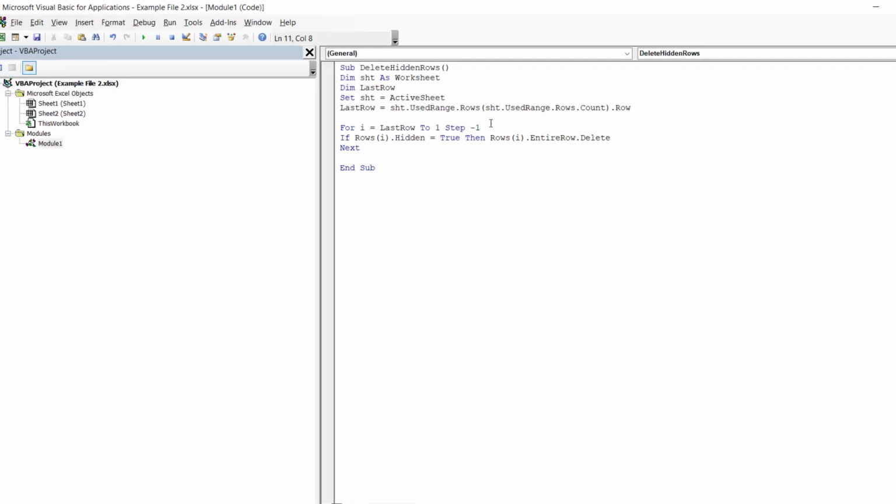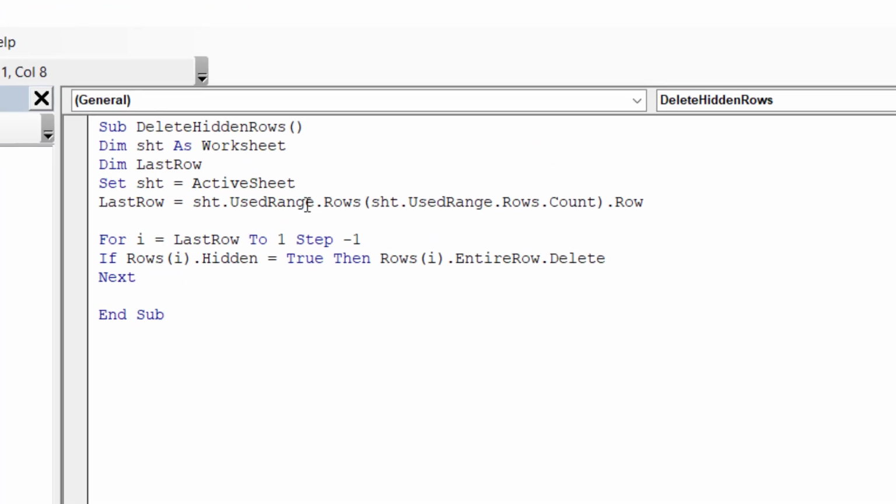Now, let me quickly go through this code. What it does is it is going to remove all the hidden rows. This code is only to remove hidden rows. If you want to remove hidden rows and columns, I'll show you how to do that as well. What this code does